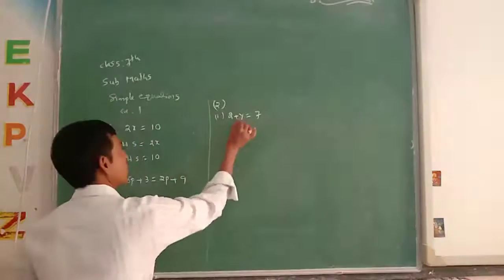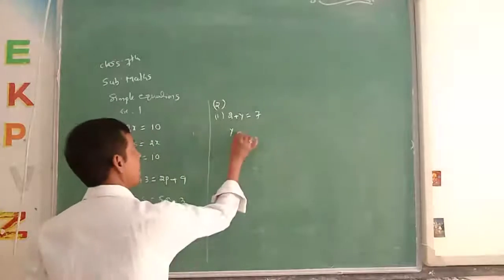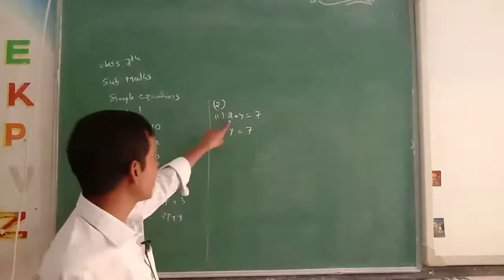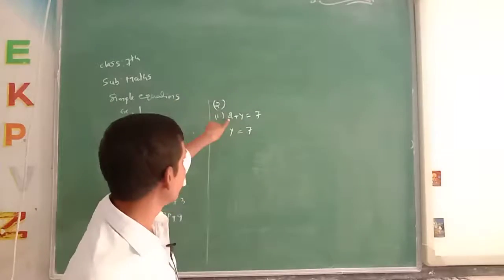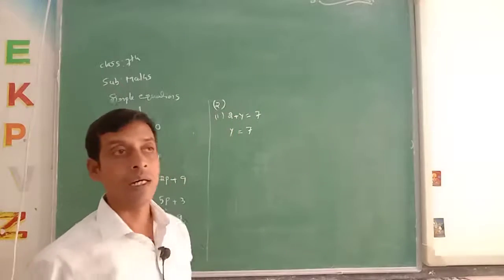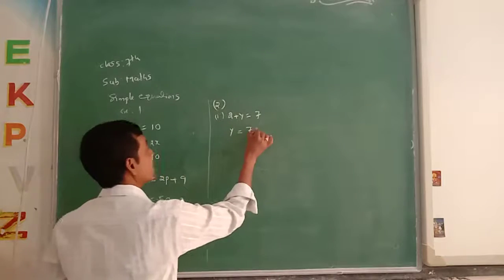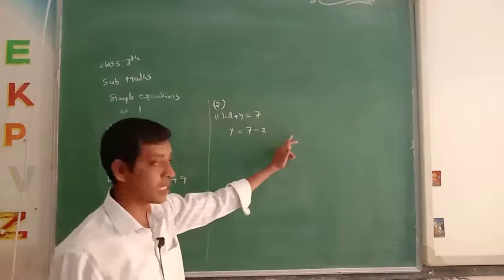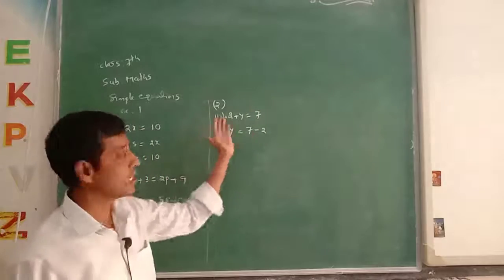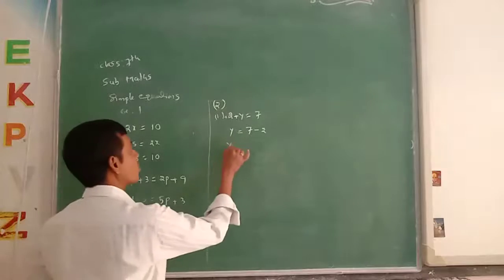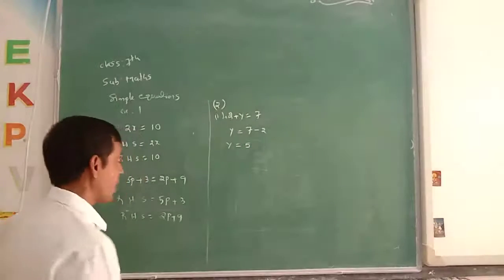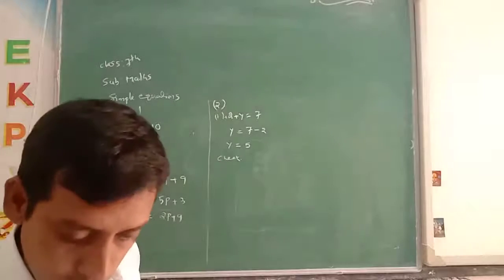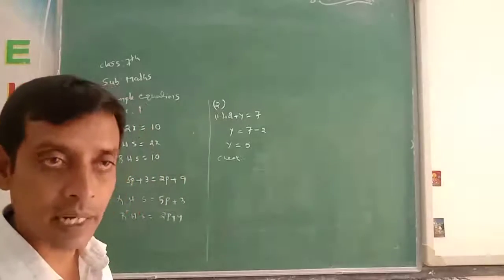Okay? So first, y is there. We should write y simply. Here we have 2, and you have to send the 2 to the right side. Sending 2 to the right side makes it minus 2. A plus number, when sent to the right side, becomes minus. If it is minus, it becomes plus. So y is equal to how much here? 5. Y is equal to 5. Now checking the numbers. Okay? This is called the trial and error method.